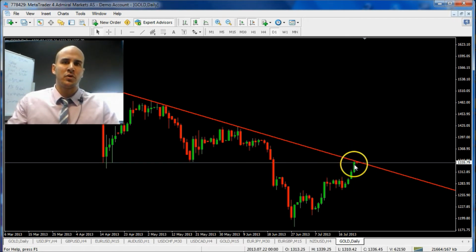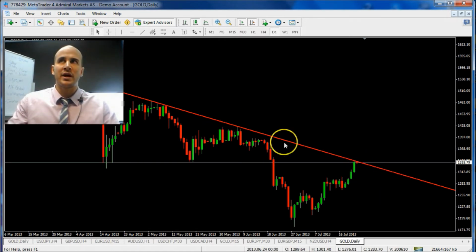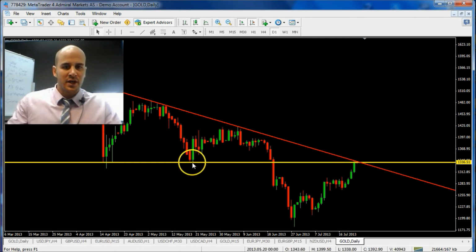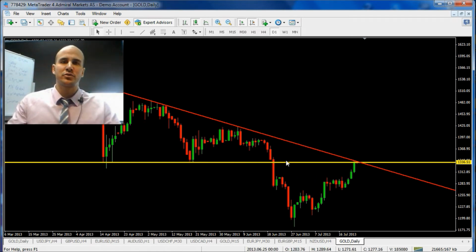So I just think this is a possible pivot trade opportunity to short, because we have a bearish trend line resistance, and we also have former support now turned resistance at 1337, which price is almost sitting on right now. In May, 1337 was a support level. It eventually gave way to the bears in June, and now when the market retraces, former support levels act as resistance. So price is interacting with a resistance level now and a bearish trend line, and also we have